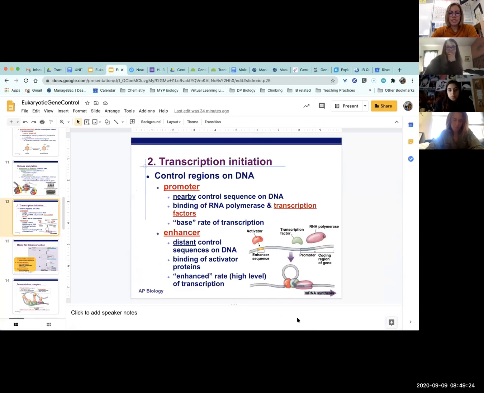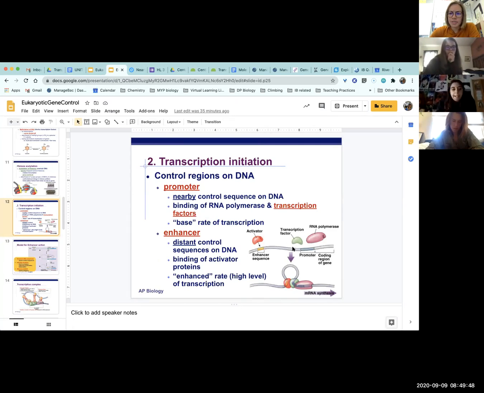So transcription, when we talk about transcription, we talked about the really easy pieces to it, right? We know that there's an RNA polymerase that binds onto the DNA, reads the DNA, and just shoots out the mRNA transcript, right? And that's in the nucleus. Well, really what we're looking at here is